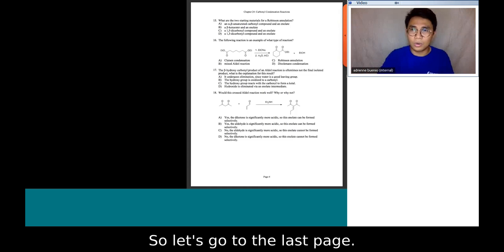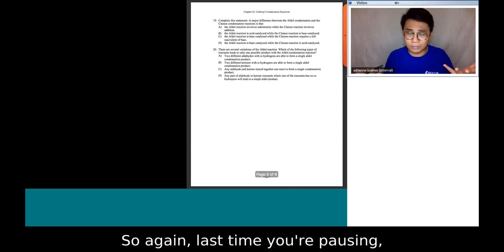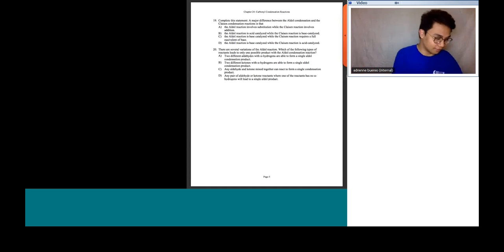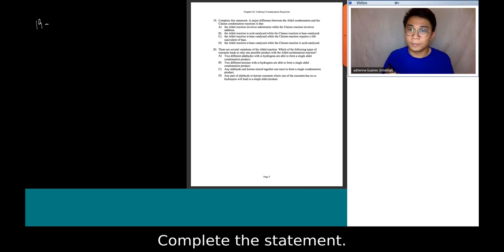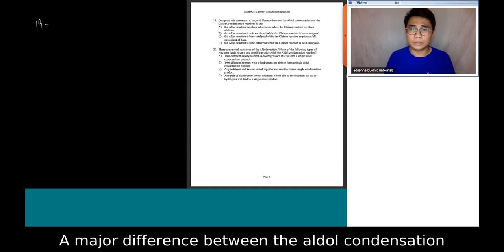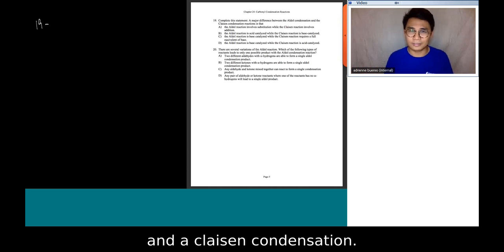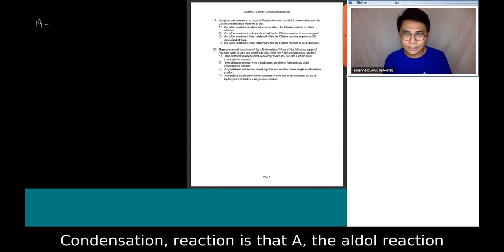So let's go to the last page. So again, last time you're pausing, right? So let's get this started. Okay, 19. Complete the statement. A major difference between the aldol condensation and the Claisen condensation reaction is that